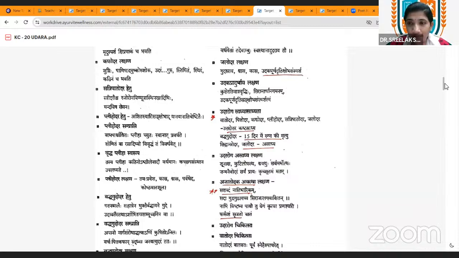And the next important point is that Chidrodara as well as Baddhodara will kill the patient within 15 days. So death can occur within 15 days in Baddhodara and Chidrodara. How will you remember it? Please note this code, BC 15. B for Baddha and C for Chidrodara, and it will kill the patient within 15 days. So the Sadhya Asadhyata is very important.